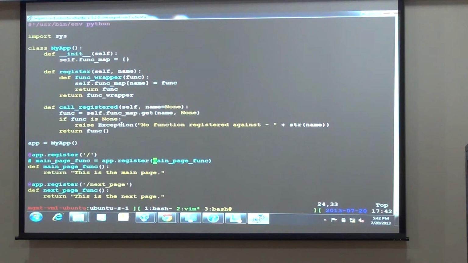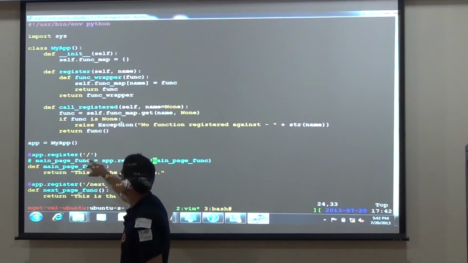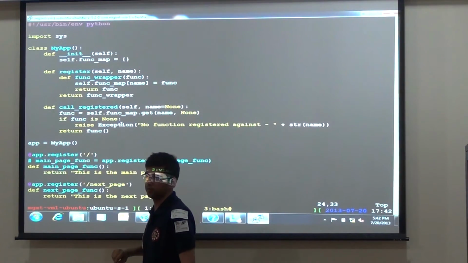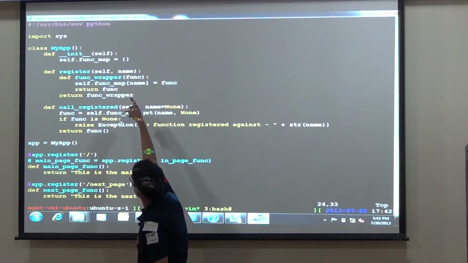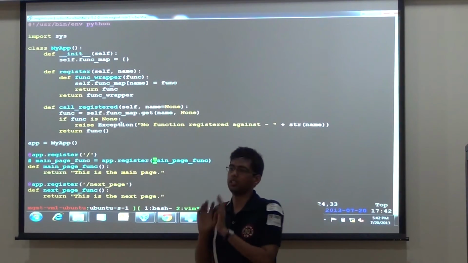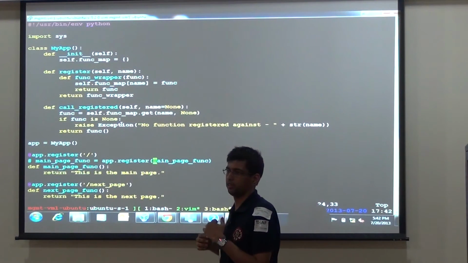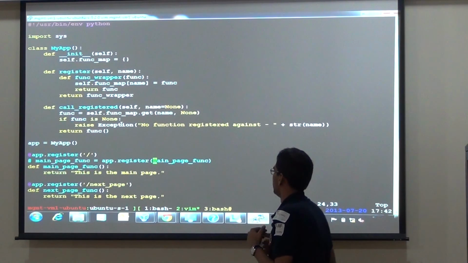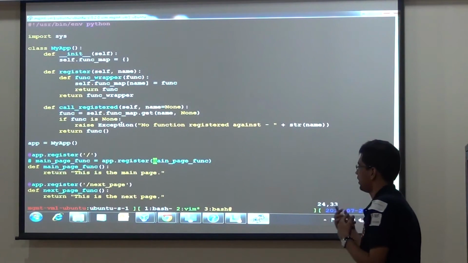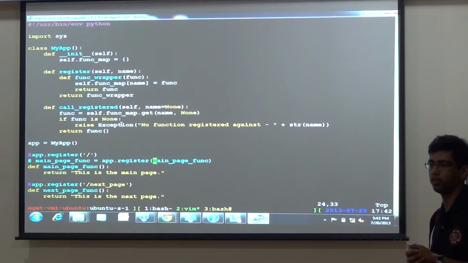So decorators with arguments are used when you want to do different things with the same function. A clearer example would have been, suppose I am passing here info and here debug, and depending on the name that is passed to the function, I could have said that if name is info, log this, if name is debug, log a little more. That would have been a much better example, but this has been taken out of Flask, so it was a little more intuitive to me.